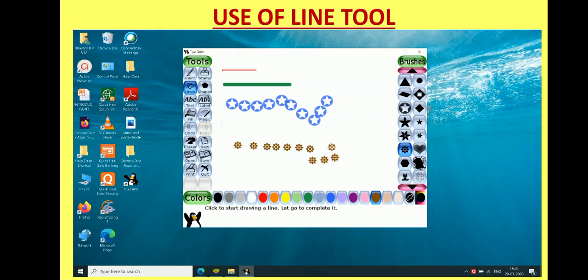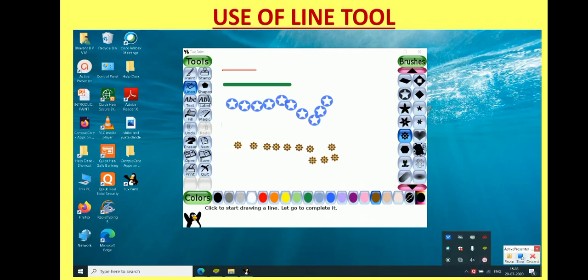But remember here that you have to press and hold the left mouse button to make a line or to get these different symbols like star, flower, triangle, etc. in your drawing.